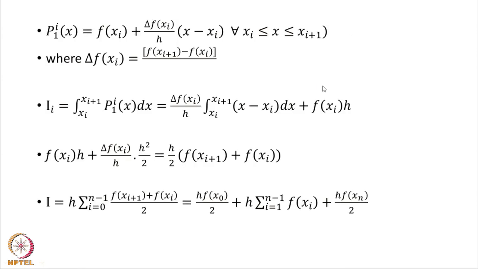Once it is linear between 2 points, my integral is nothing but the sum of trapezoid areas. Between every 2 points, the area is (f(x_{i+1}) + f(x_i))/2 times h, the average of the 2 points multiplied by h. So between the first point and the last point, the final answer is h times f(x_0)/2, h times f(x_n)/2, and all the intermediate points you multiply by h, because half contribution comes from the left side and half from the right side. Therefore, each of these is multiplied by h.